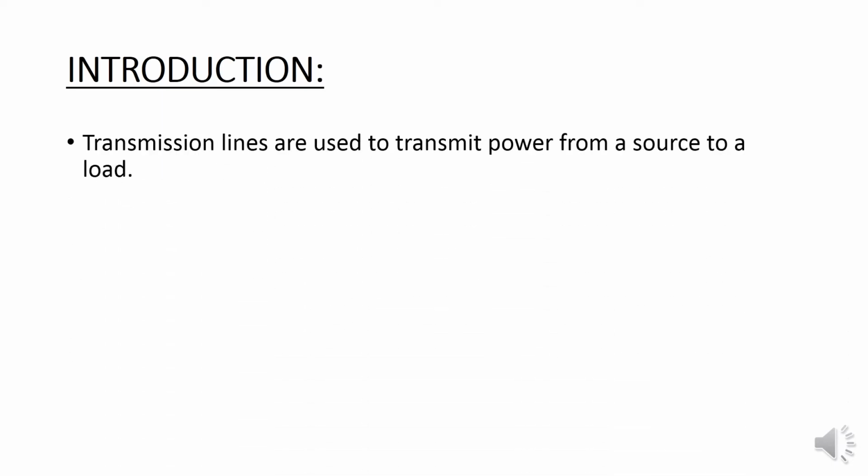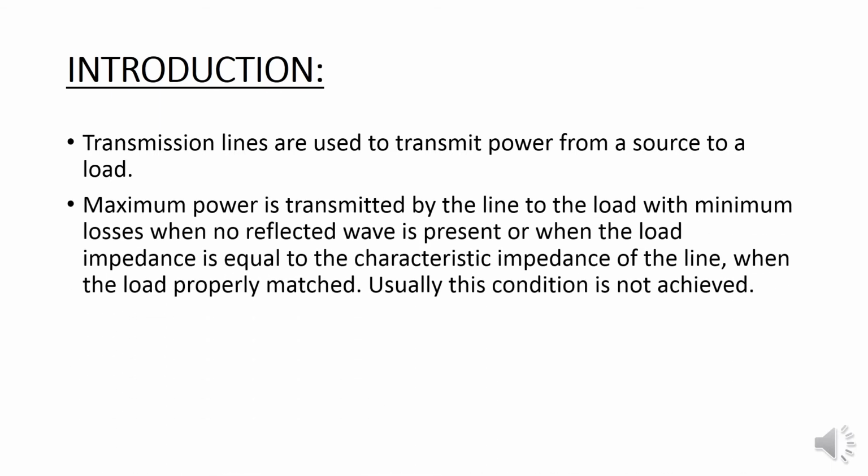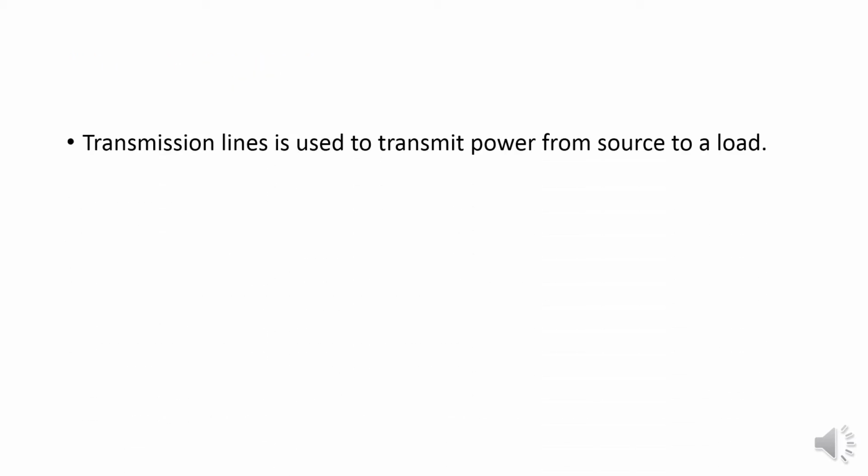Basically, transmission lines are used to transmit power from the source to the load. Due to that, the maximum power will be transmitted by the transmission line to the load with minimum losses, and there will be no reflected wave present. Otherwise, the load impedance will be equal to the characteristic impedance of the transmission line, so the load will be properly matched. If this condition is not achieved,